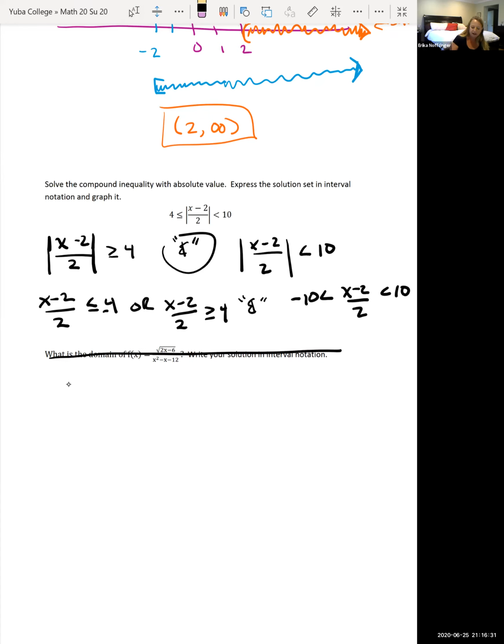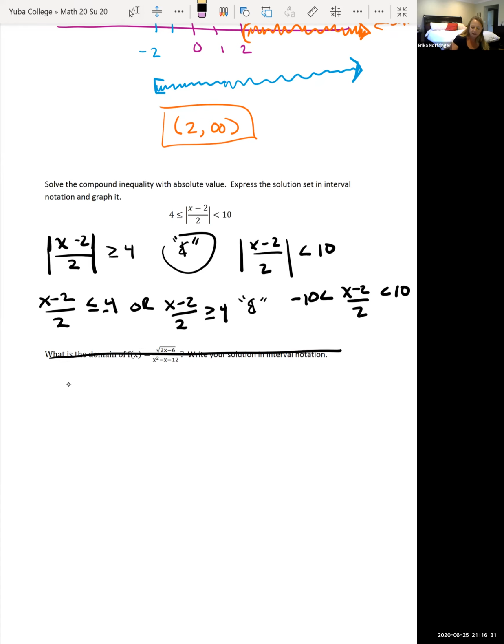So solving this first inequality, we can get rid of the fraction by multiplying everything through by 2. So that cancels. We're left with x minus 2 is less than or equal to negative 8. Add 2 to both sides, we get x is less than or equal to negative 6. Or,